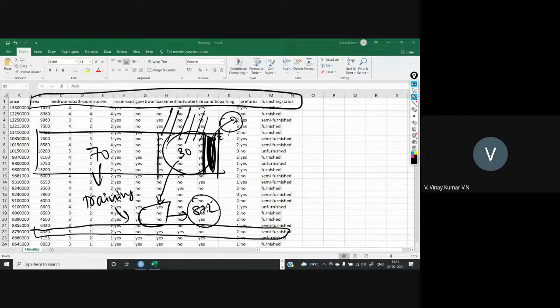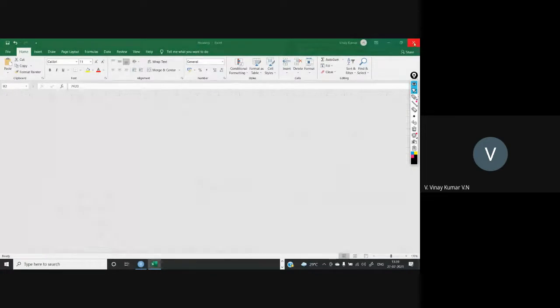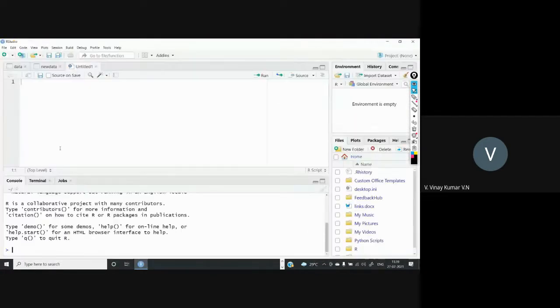So training and splitting is the fourth step, and testing, finding accuracy metrics is nothing but the fifth step. So after that, it will go for the production or deployment. So that is the standard step. As of now, this is the data I am going to import in RStudio. This is my RStudio. So once after getting into this, there is one command.